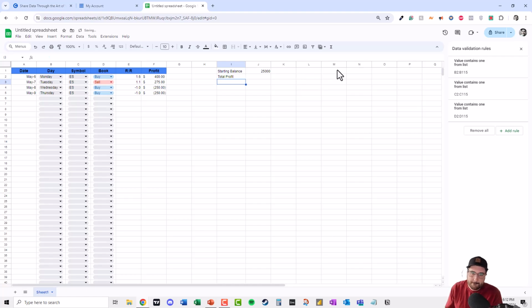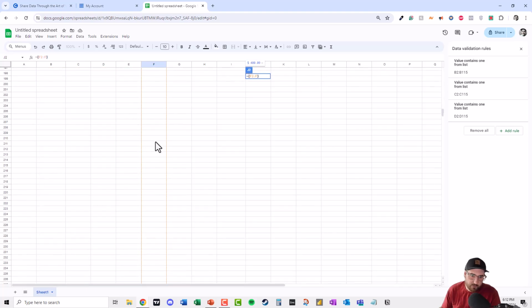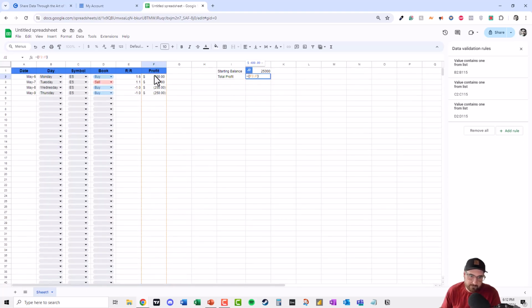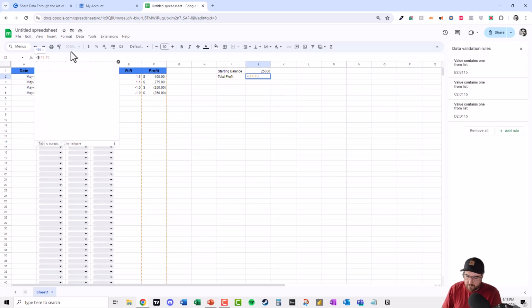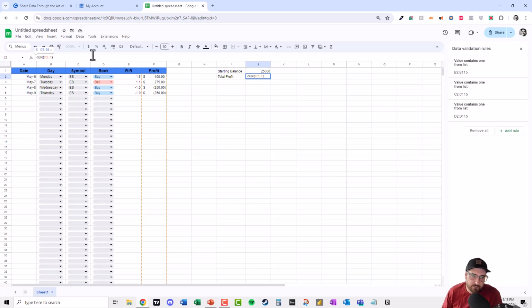Total profit. This is going to be equals, and we're going to do F2 through F. Yes, just F. And what that will do is just calculate all numbers within F all the way down. So I forgot to put sum in front. So equals sum, and then you're going to put the first one, which is F2. That's the first dollar amount, and then through F, so colon F, and that will calculate the whole column for you, and then we could put,